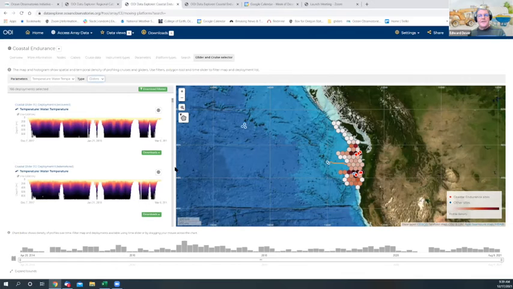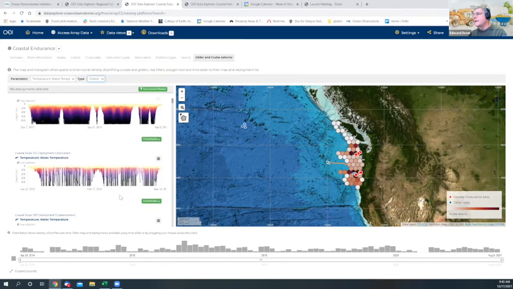But I'm also pretty interested in the glider data, right? One of the issues with the glider data is there's a lot of it, and we often fly a glider in different areas, right? So this is using the initial pop-up from the glider in Cruise Selector, and it shows you different glider data right here. When you highlight the entire time series, it shows you where the glider is flying. There's a glider that's flying on the Newport Hydrographic Line of the Coastal Endurance Array, but we have other gliders. If we look down here,